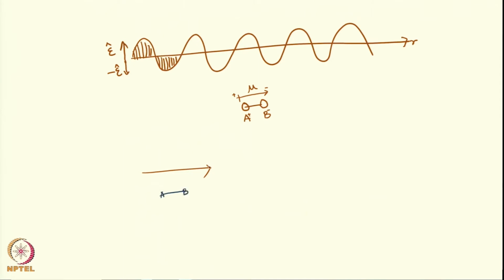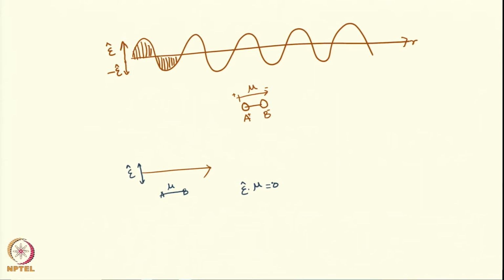Okay. Now what is the E? E is perpendicular. So your epsilon dot, so this is your mu and this is the director, and your epsilon vector is like this. Epsilon dot mu is equal to 0 because the dipole moment of the molecule AB and your vector epsilon are perpendicular to each other. That means under these circumstances the molecule will not absorb light or there will be no transition.